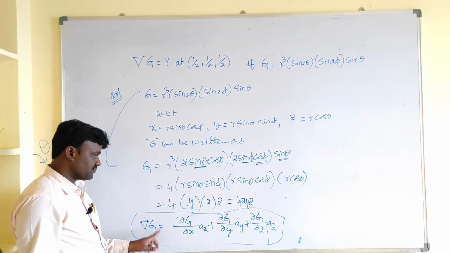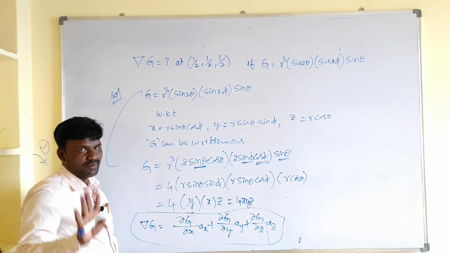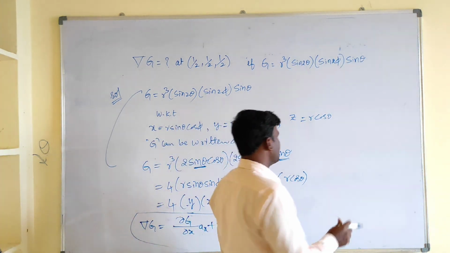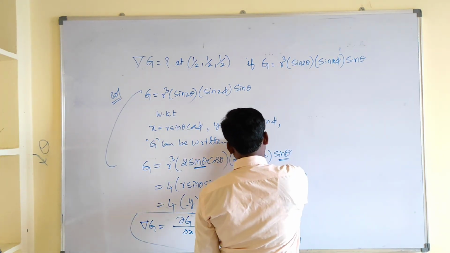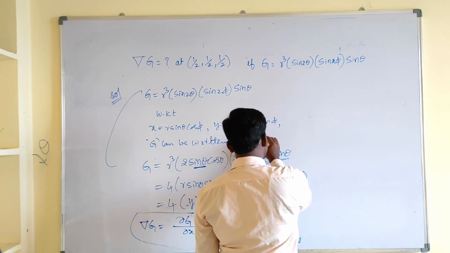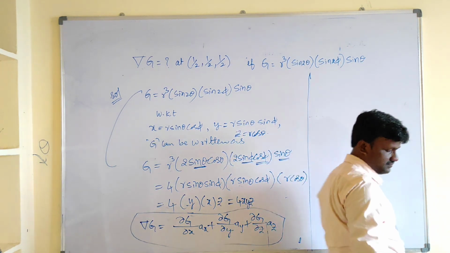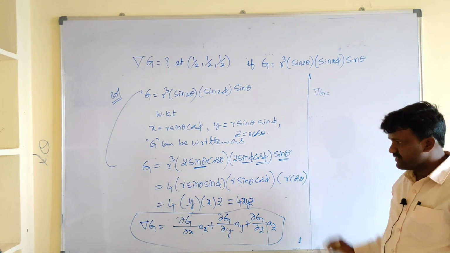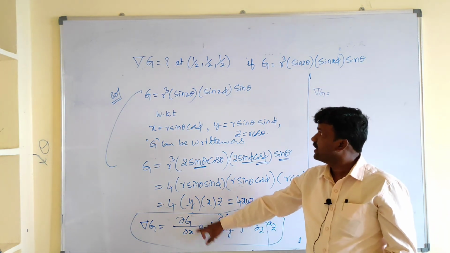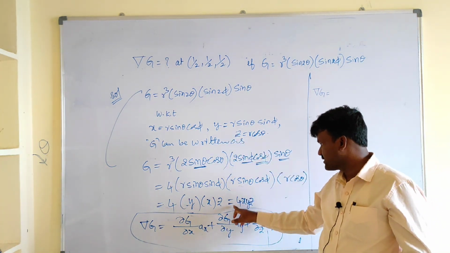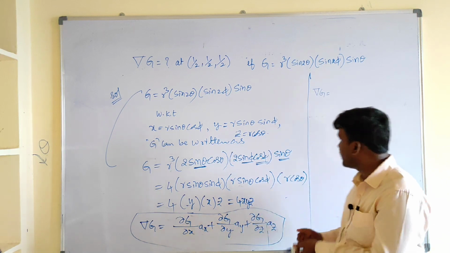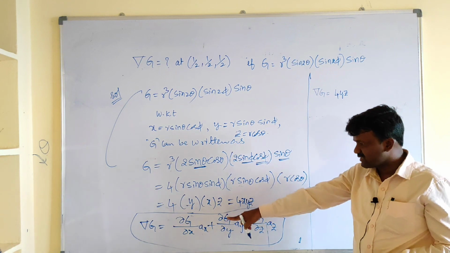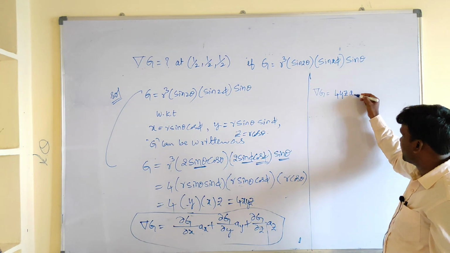Before performing this differentiation, remember one thing, it is not normal differentiation, it is partial differentiation. Now simplify this one. First term we will get what? That is del g, partial differentiation of g with respect to x. Here you have g, that is 4xyz. With respect to x means 4, y and z are considered as what? Constants. And differentiation of x with respect to x gives what? 1.